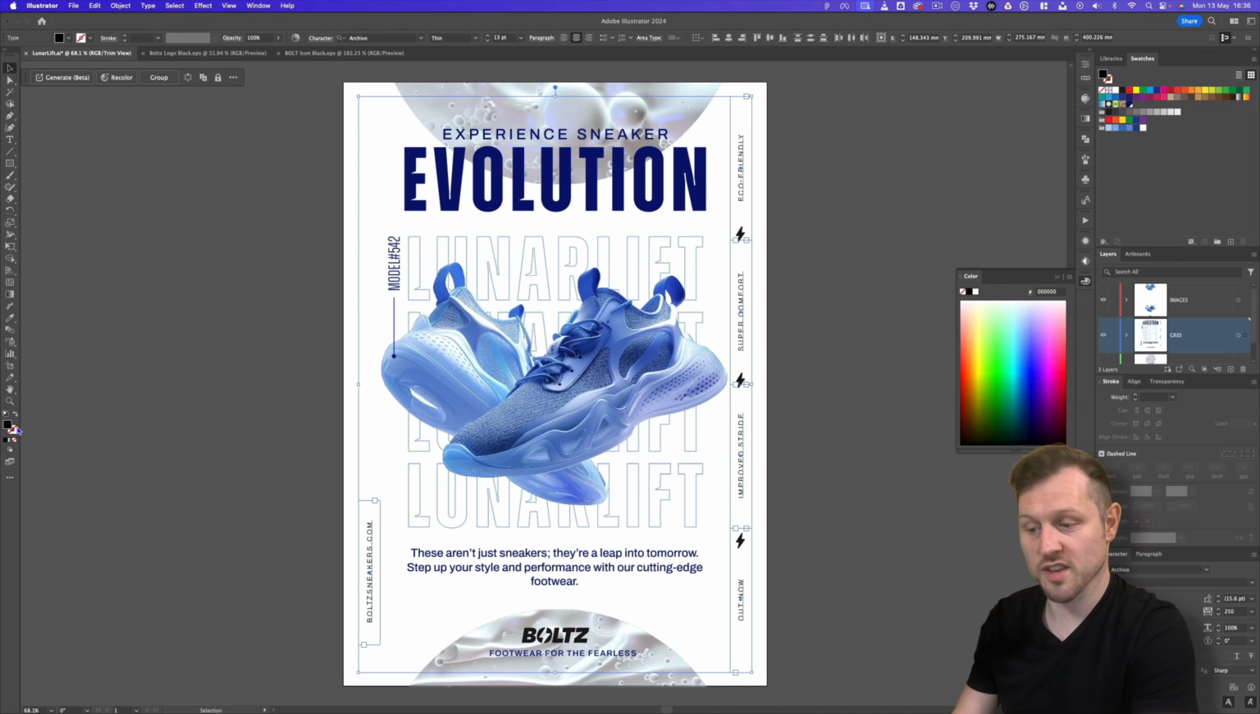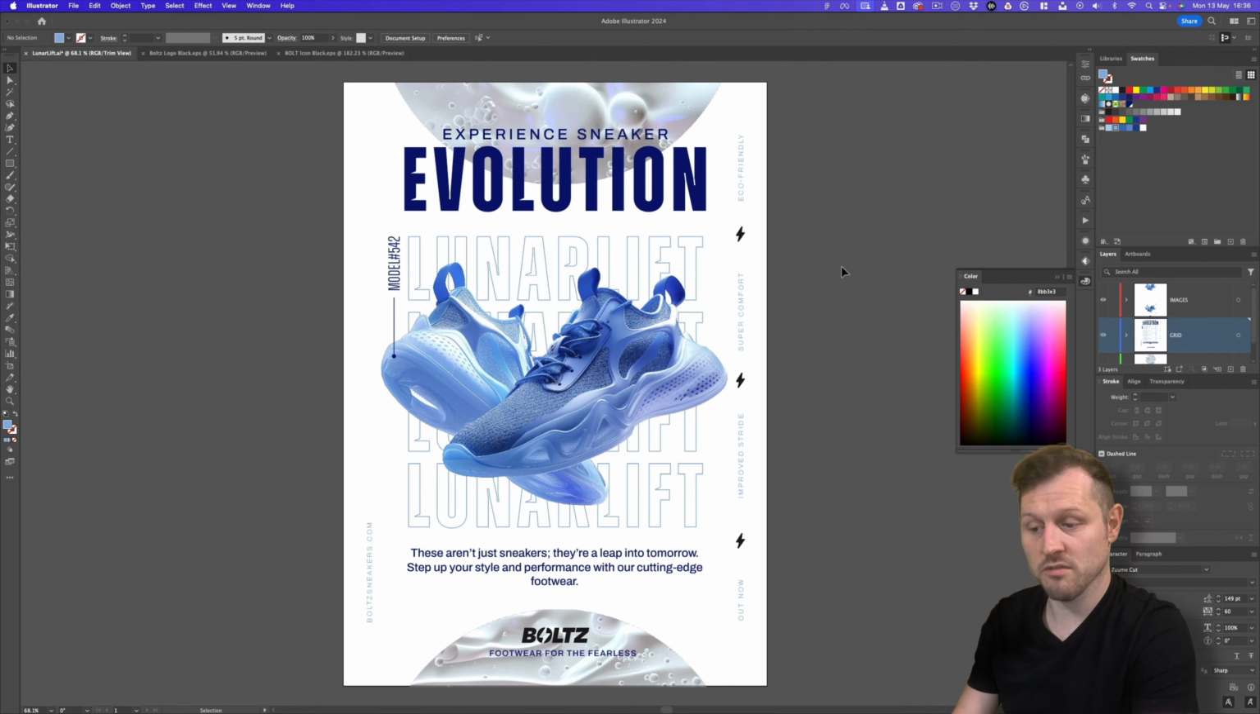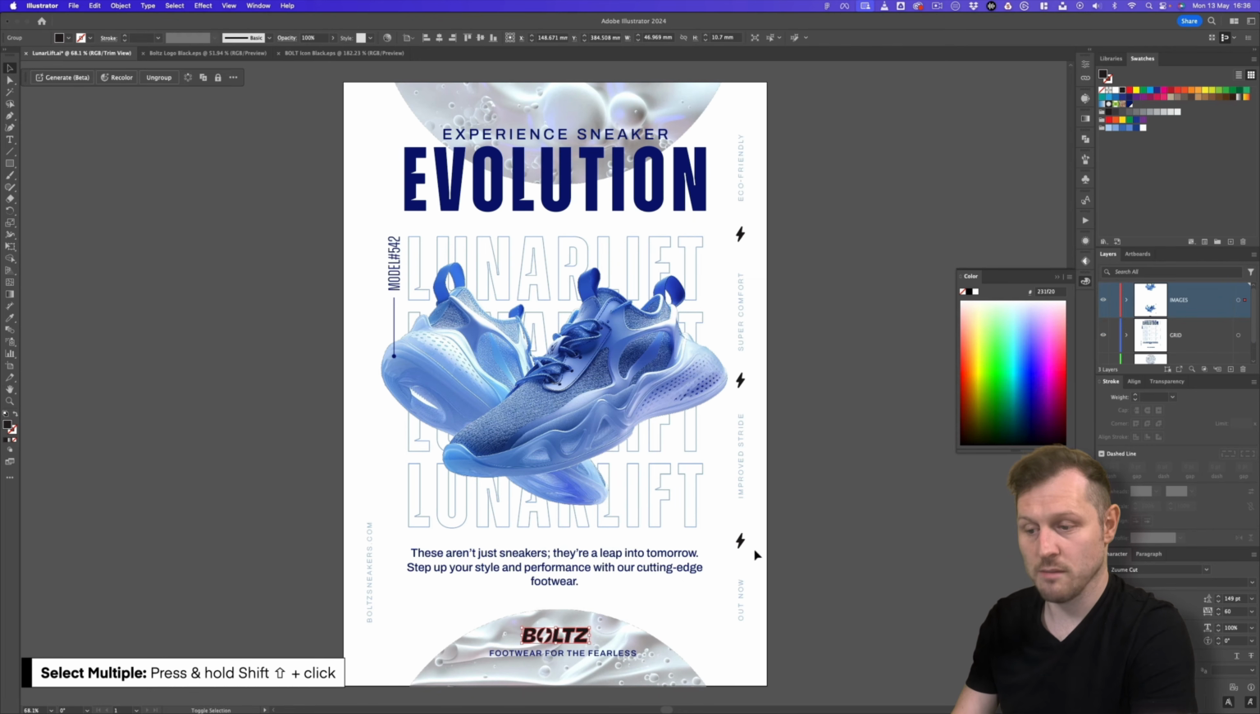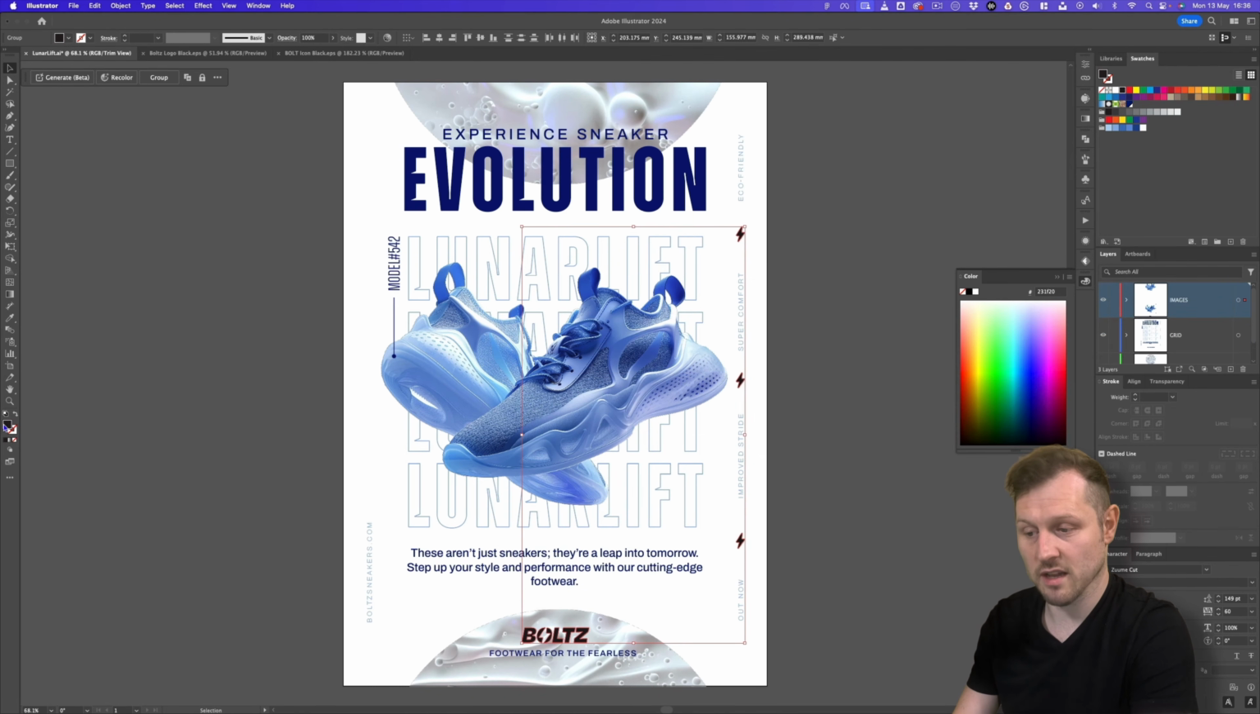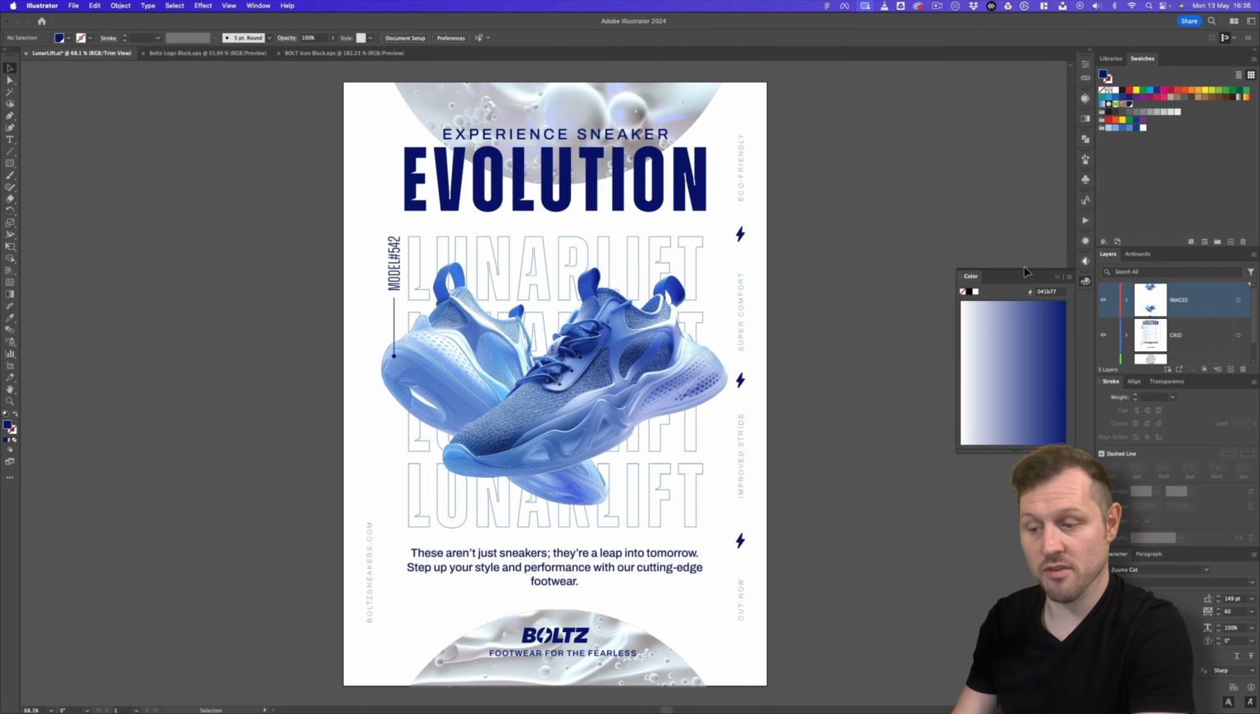So now to change the color of the logo and the bolt icons. Because these are simple vector elements in the poster, first I'll select the logo and while holding Shift, select all the bolt icons. I'll make sure the fill color is selected down in the tools panel and change this to the dark navy color. And now we have a nice, fresh, dynamic depth of blue color in the poster, which has synergy with the